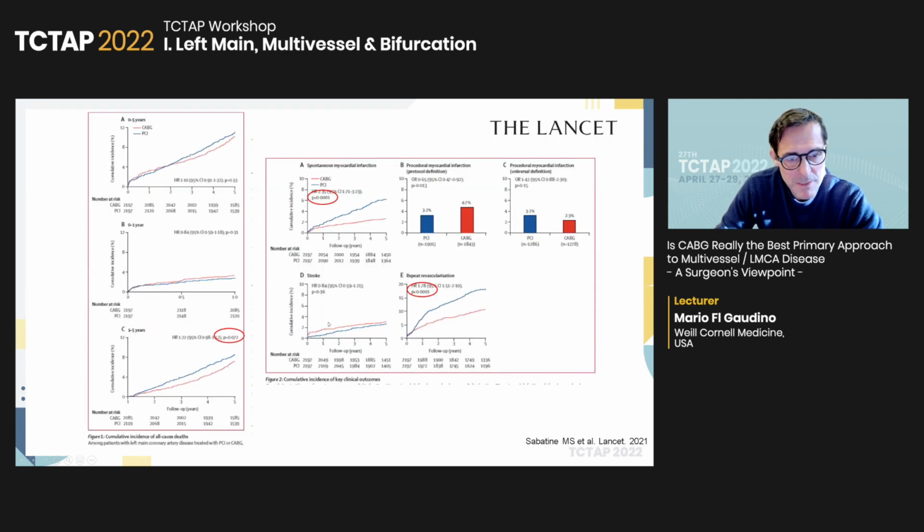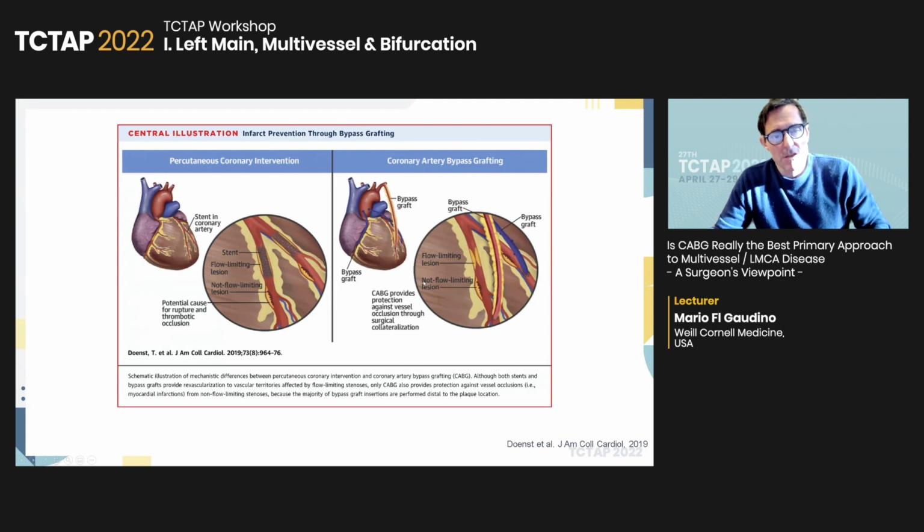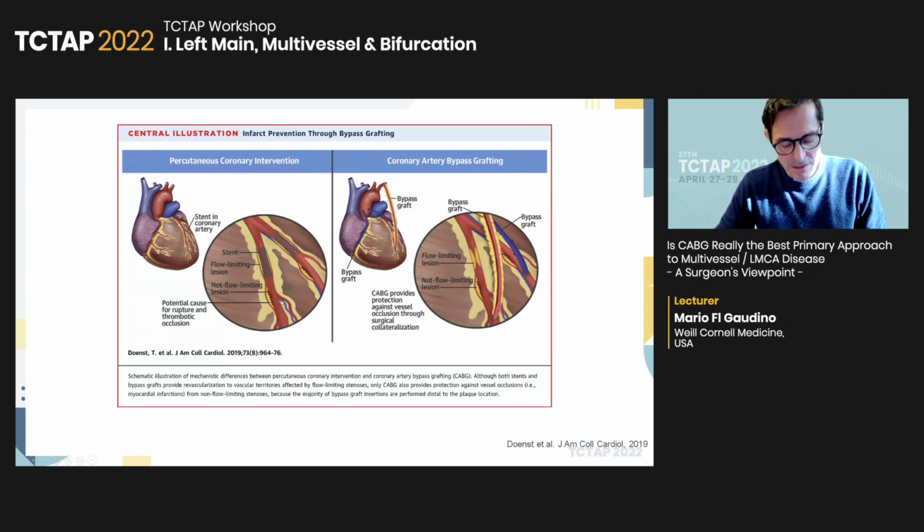We all know the Sabatine meta-analysis, but again, it confirmed the result: no difference in survival, except in the long term where surgery is better, with a reduction in MI and in repeat revascularization in favor of surgery, with the MI outcome highly dependent on the definition used. So again, I think we are just comparing two different interventions here, and Sripal has already defined that PCI treats